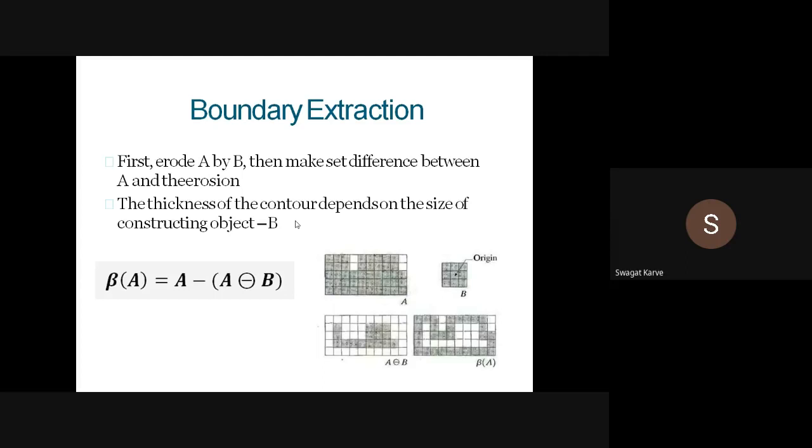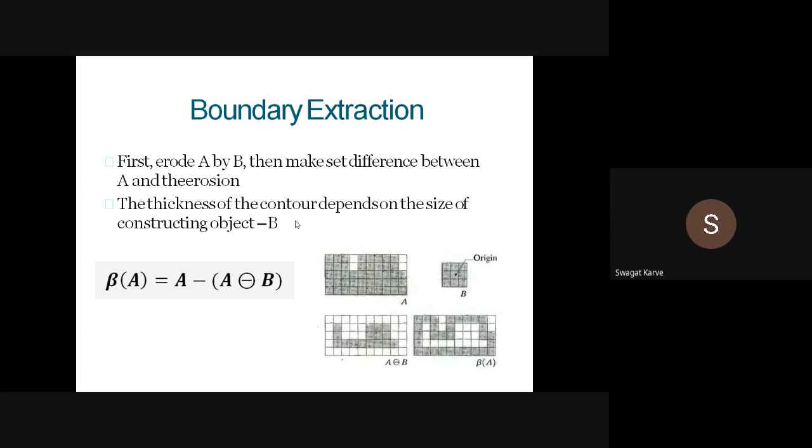One more thing we discussed is that the miss structuring element is always a complement of the hit structuring element. That means your job is to design a hit structuring element, and when you simply take its complement, you will get the miss structuring element.